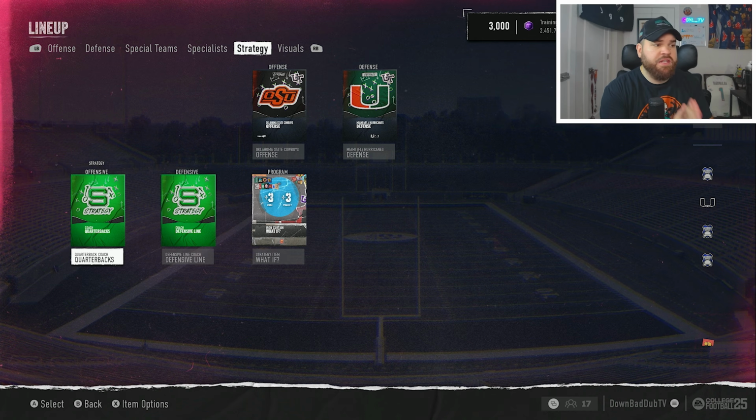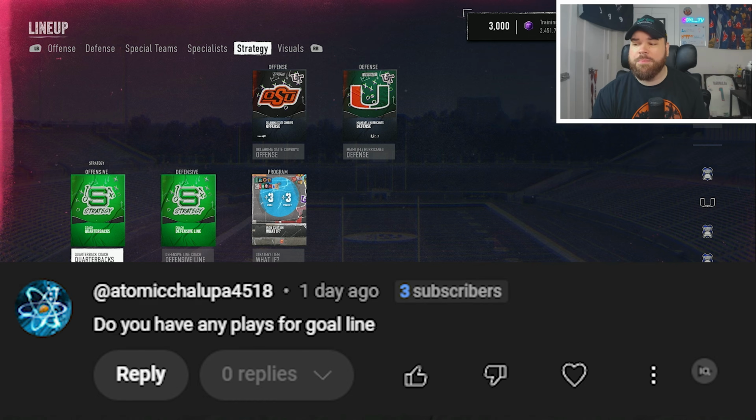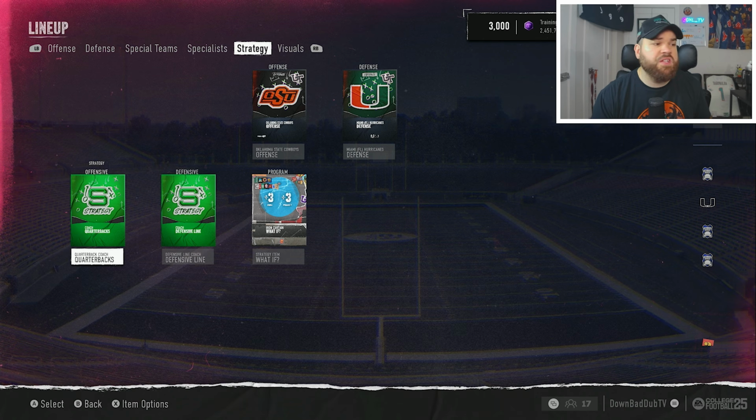Today, what I got for y'all is another community suggestion. Today, we're going to be talking about some red zone passing plays. We're going to go over my two go-to red zone plays. Now, really, you can be in any playbook and you can recreate this, because all you need is essentially